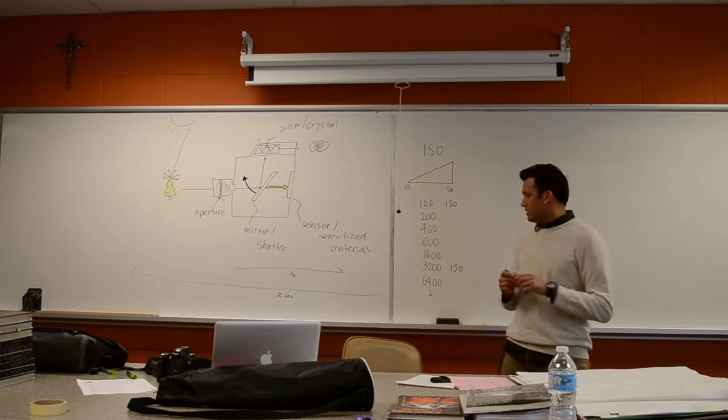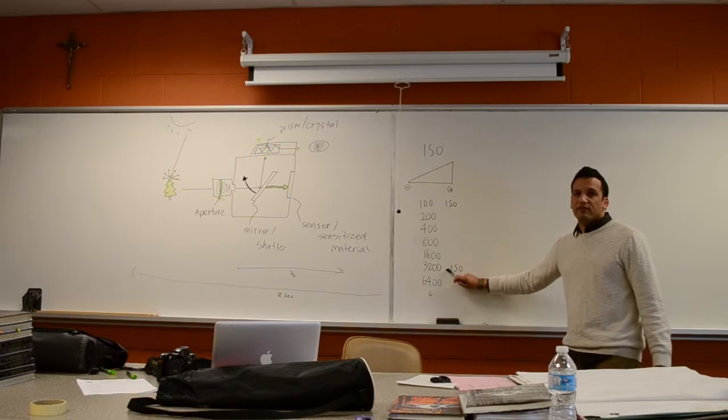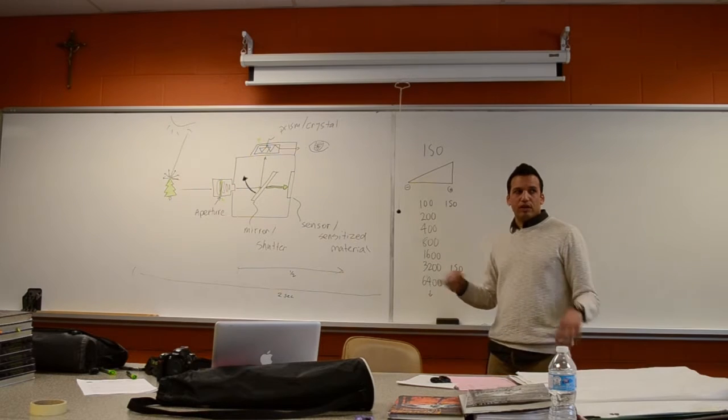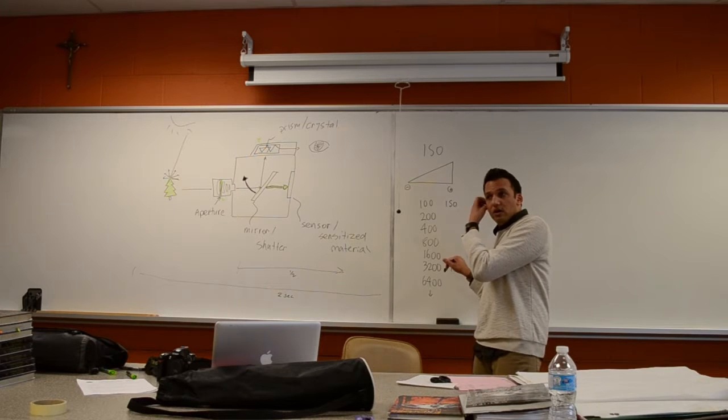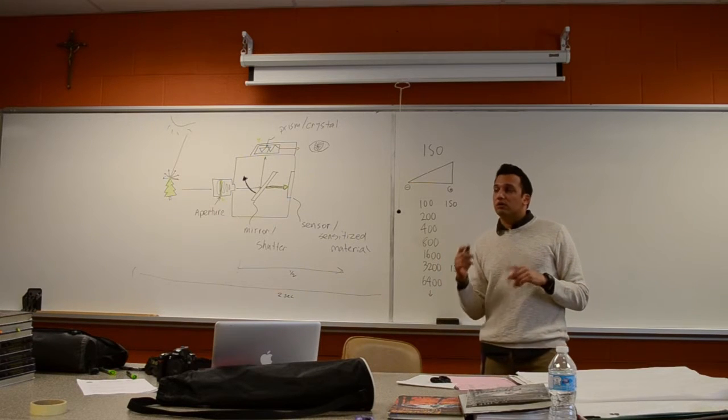Okay? This is plenty for evening and night photography. The issue, quote unquote issue, that you're going to find is shooting night photography at 3200 ISO is going to give your images something called